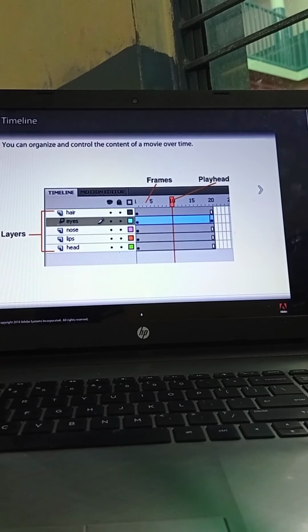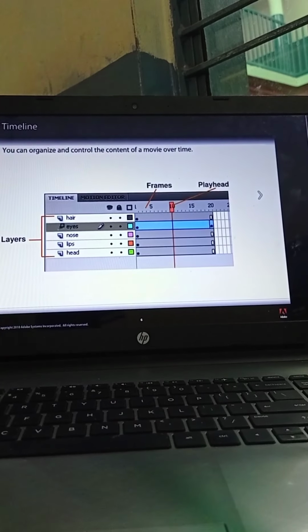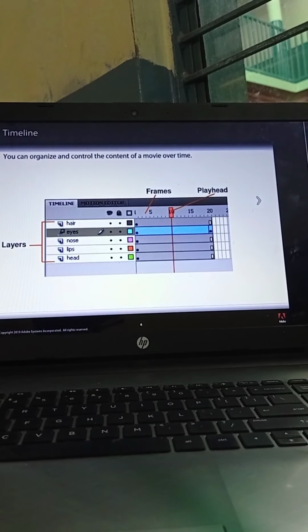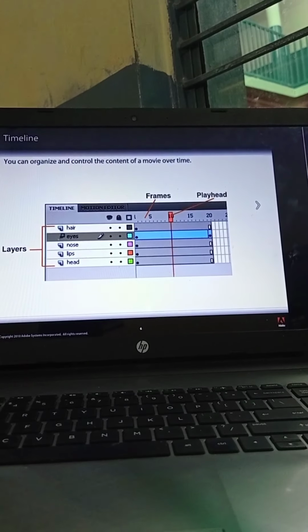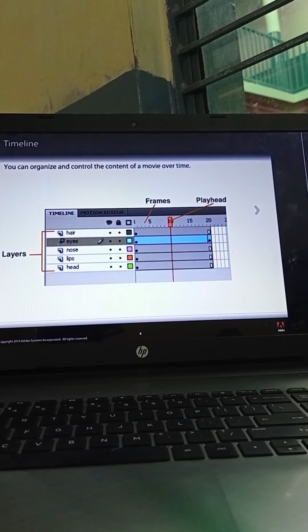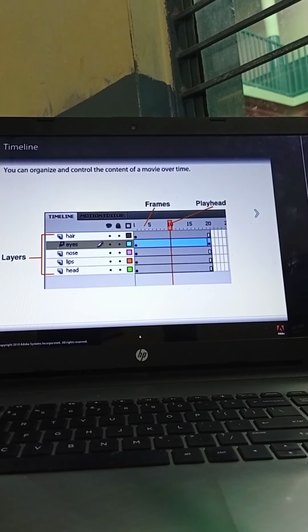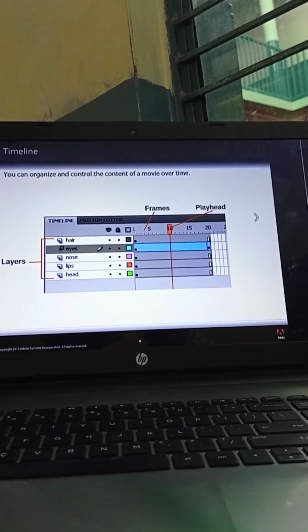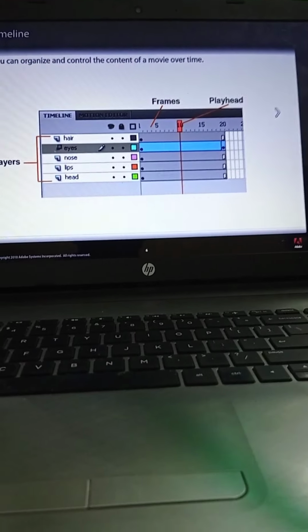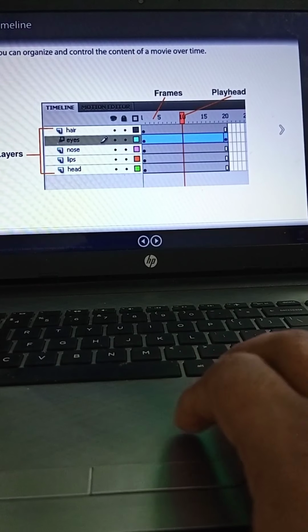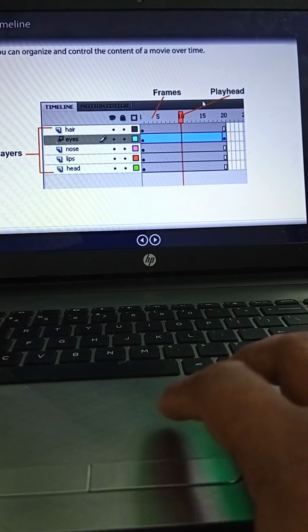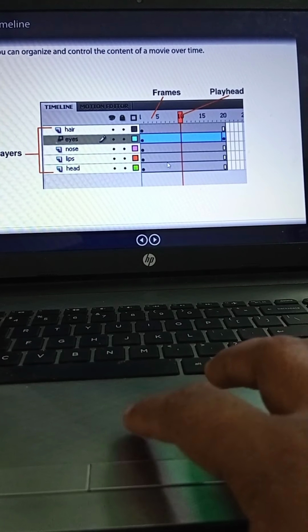The major components of the timeline are layers, frames, and the playhead. It has a ruler-like strip called frames and a field labeled Layer 1. These are the frames, playhead, and the layers.